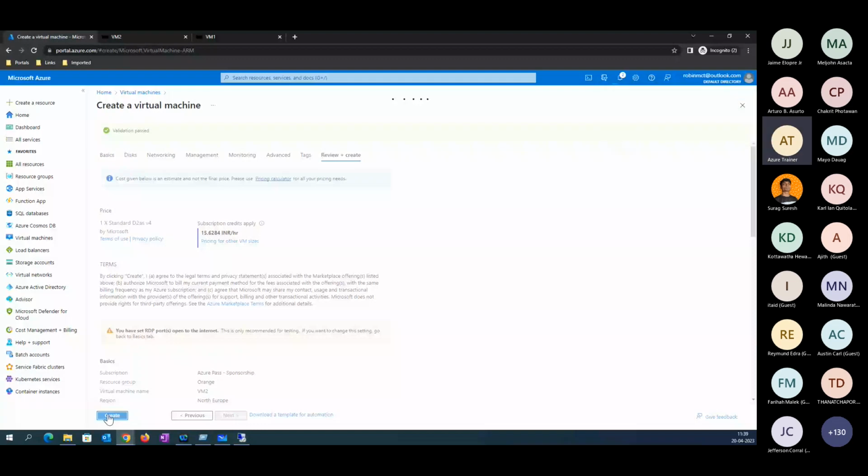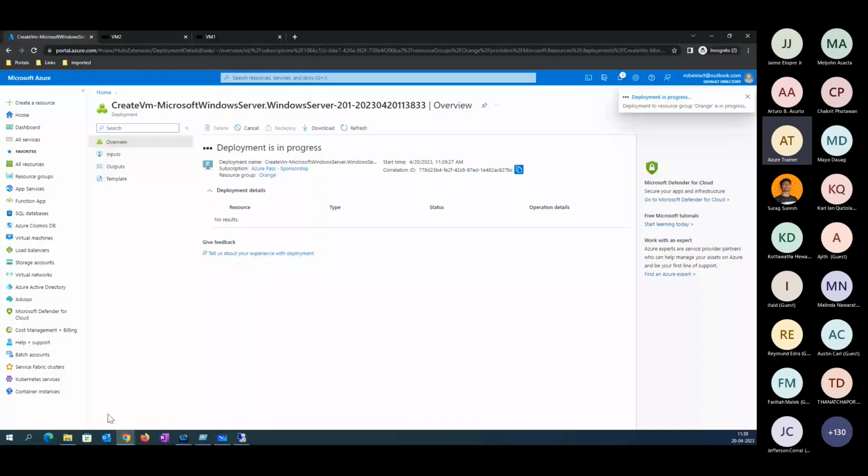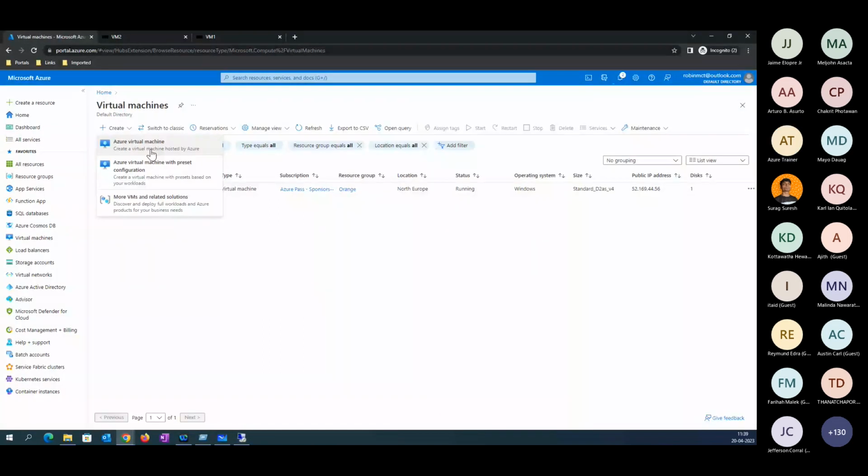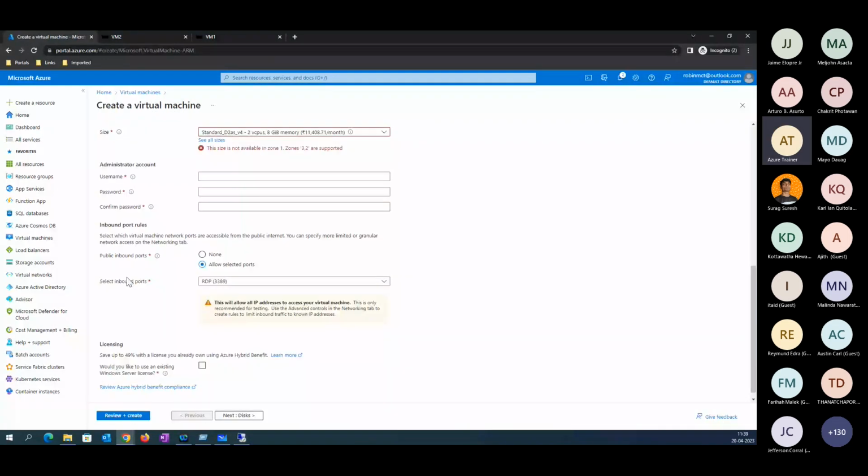You may see there is an option called inbound port, right? The moment you start creating a virtual machine, this is the place where your RDP protocol is allowed. See, select inbound ports. Here you've selected it with a tick mark, right? With the help of that.